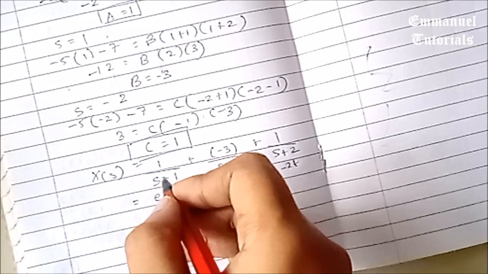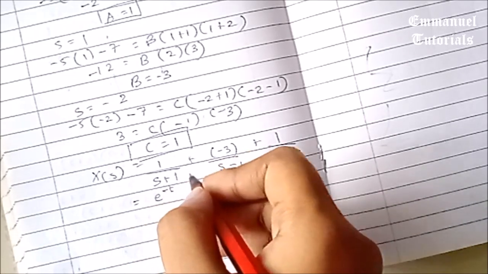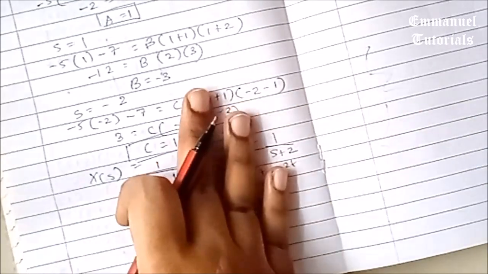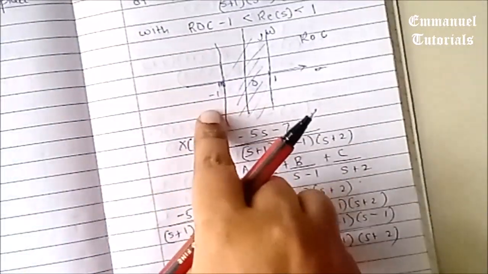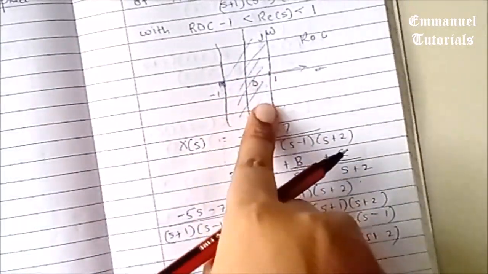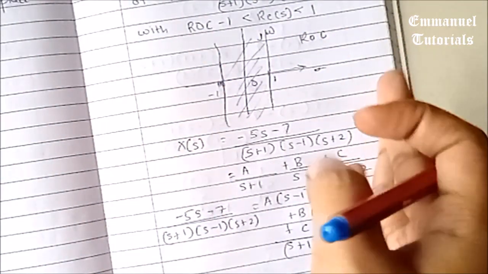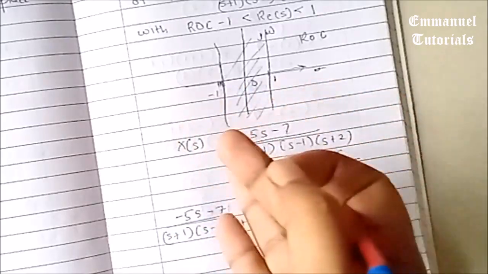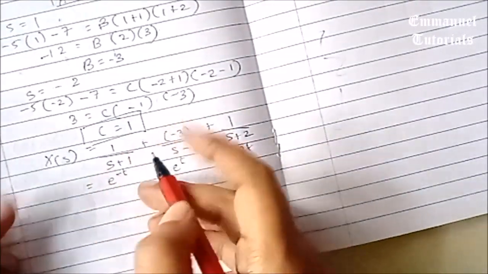Now in this case, S is equal to minus 1. So the pole is lying at the left hand side. And our ROC which is given is greater than minus 1. So it is at the right hand side of S is equal to minus 1. So can we say that it's a right-handed signal? So it is always multiplied by u of t and not u of minus t. So let's do that.